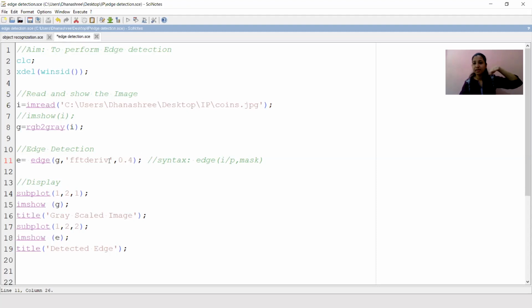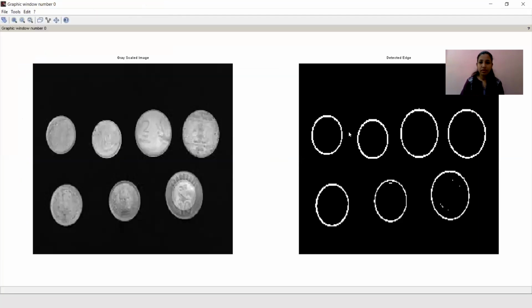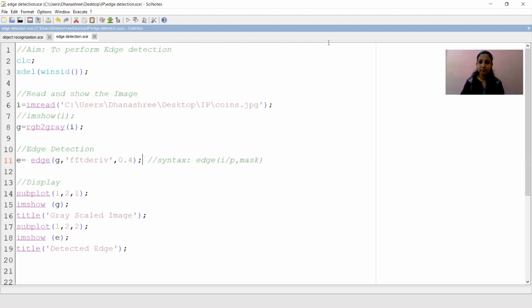So in x direction, in y direction, and then it takes the summation of it. Okay. So if I am planning on going for FFT derivative, then we will get output something like this. I hope it is clear to you how we detected the edge. Any doubt in edge detection?